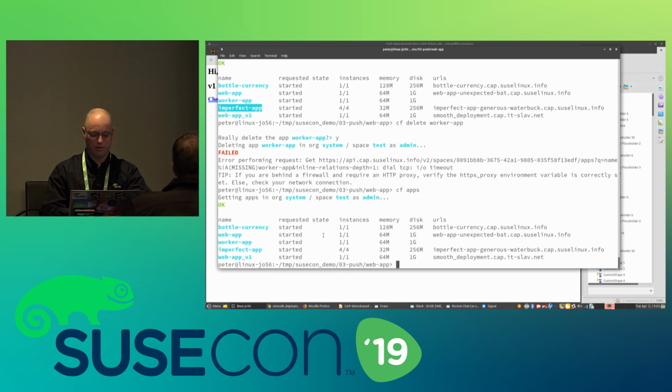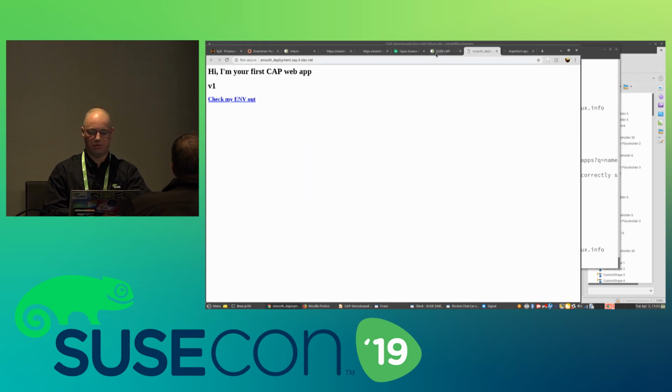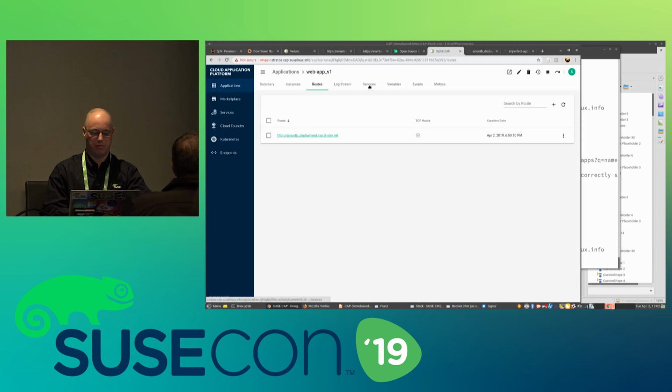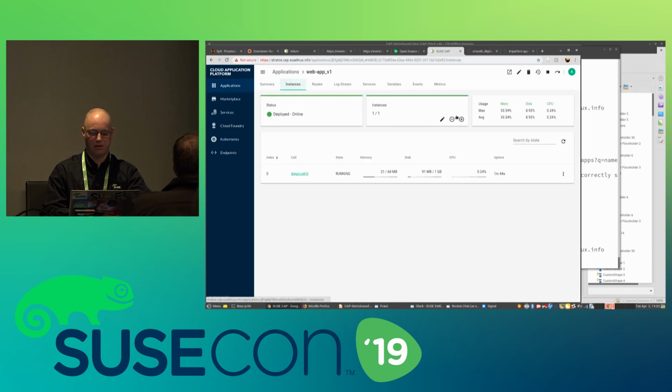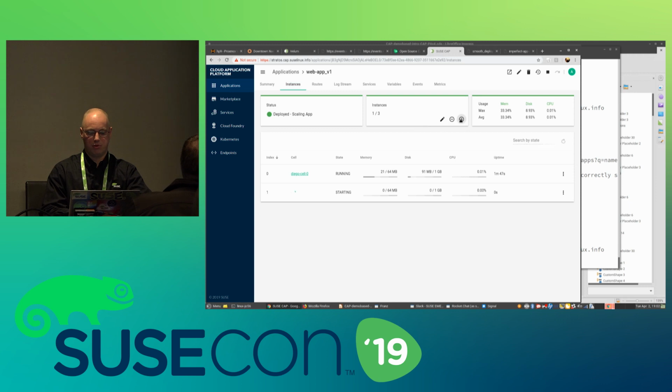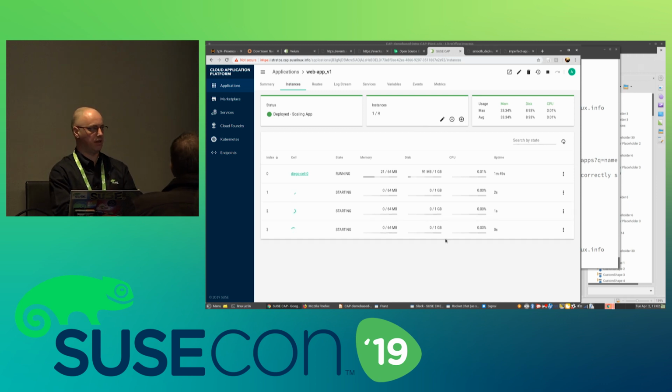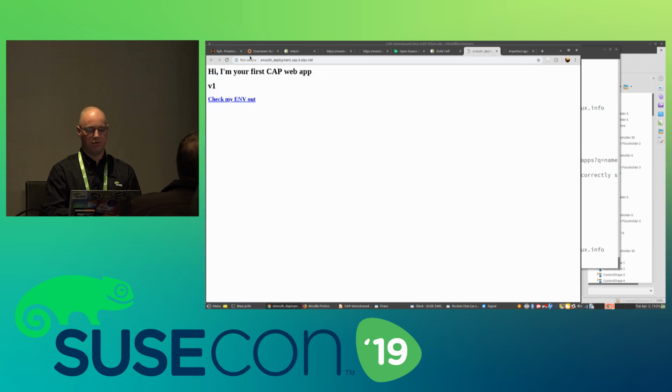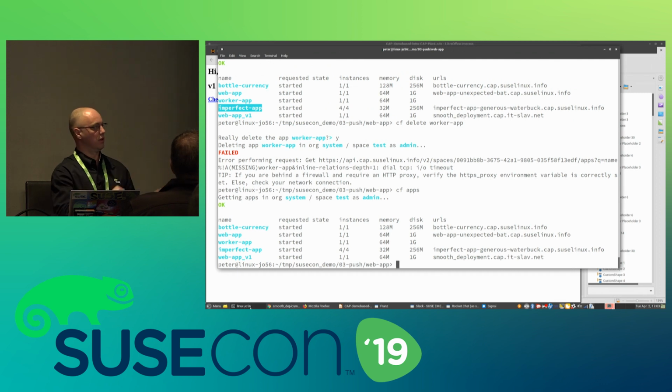So what I want to do now is show you that I can push out or start a couple more instances of the same application. This is version 1. Every time I reload the page, I get a new instance. I don't care which one, but that is what's happening. So as a developer, I have developed version 2.